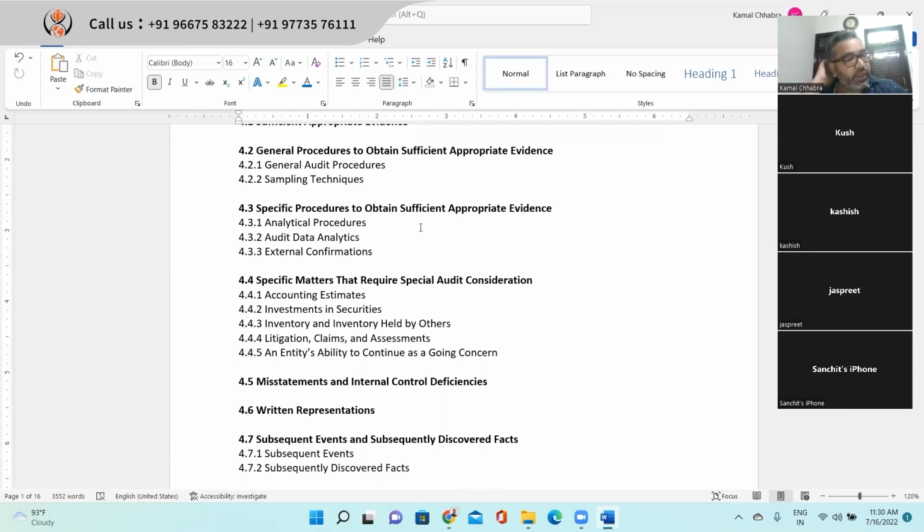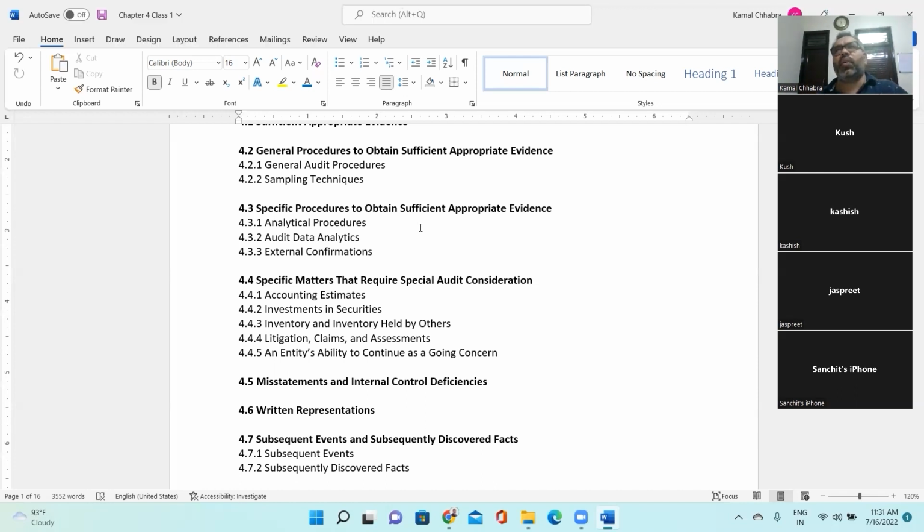So what you will be doing now after completion of all your execution? So we'll be identifying and listing down the area where you have found the misstatement, right? Once you are done with all your audit, what next you will be doing? You'll be making a list of the area where you have found misstatement and how much is the value of those misstatement, right? The misstatement is in terms of financial, or you can say deficiency in any internal control you have noticed. So here is the time to make a list of all deficiency in internal controls, which are key controls, you know, like operational control or non-key control.